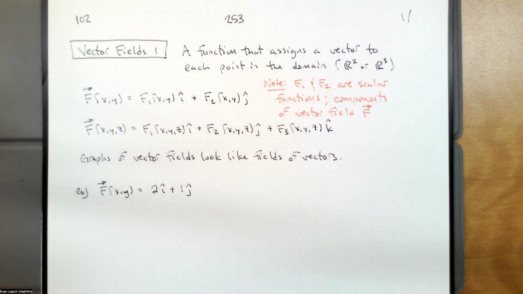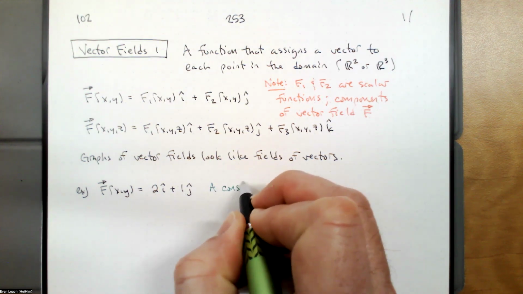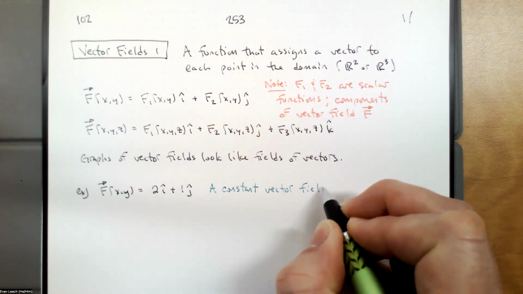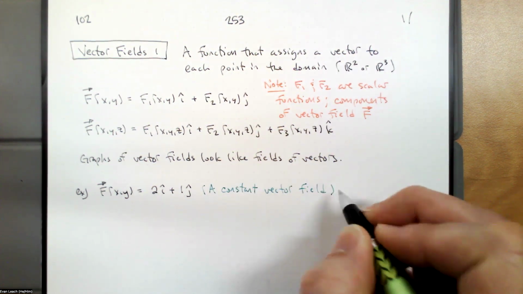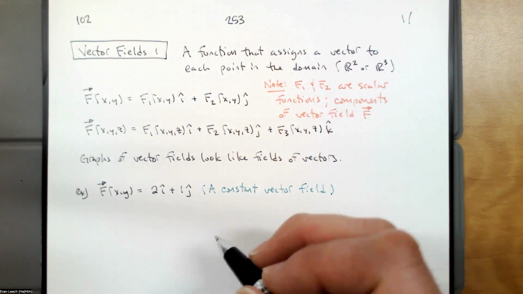Here is a constant vector field. This is what a constant vector field will look like. It's 2i plus 1j. At every point x, y, we assign the same vector. So this is a constant vector field. At every point, we see the same vector. At 0, 0, we see the vector 2, 1. So if I'm going to draw a picture of this,